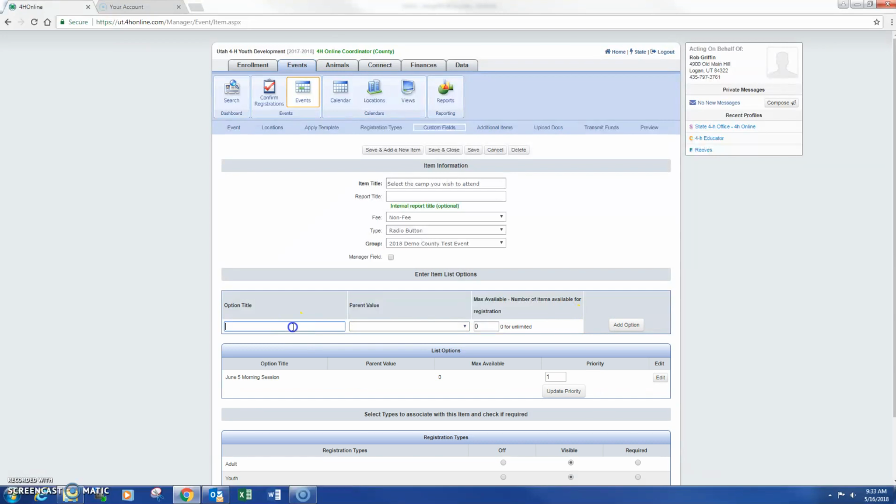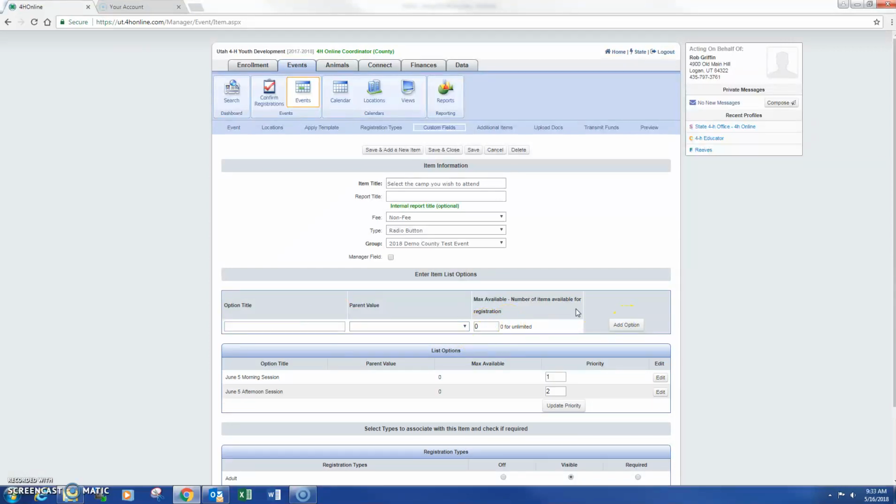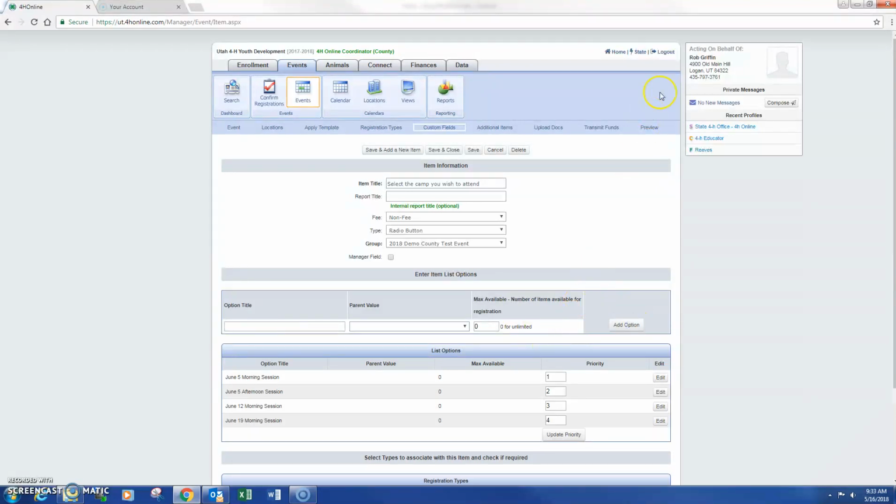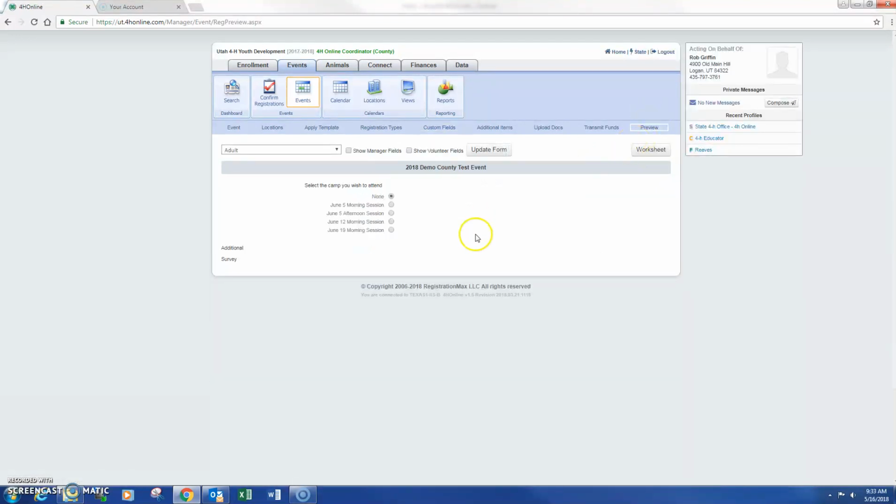And we want to add option, and we're going to say June 5 afternoon session. It's unlimited, and add option. And then we're going to say a June 12 morning session. And a June, let's say 19 morning session. And add option. At any time we can preview, up here in the right corner, preview what our registration form